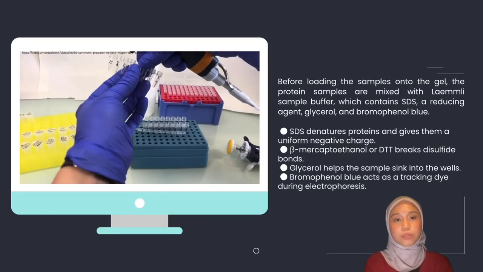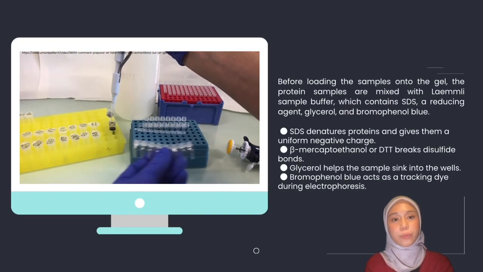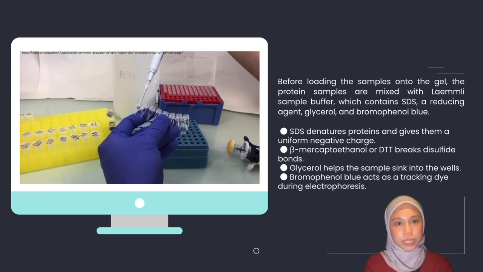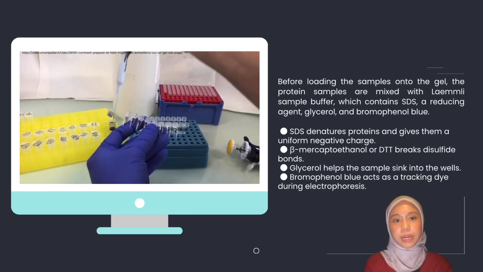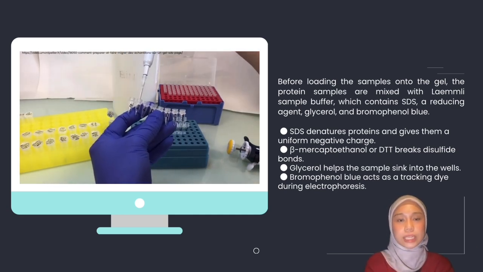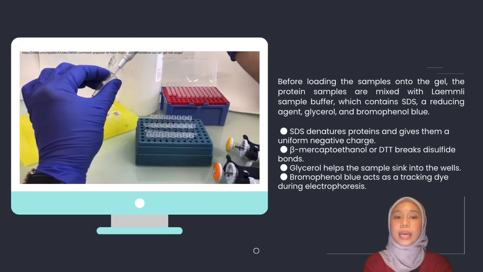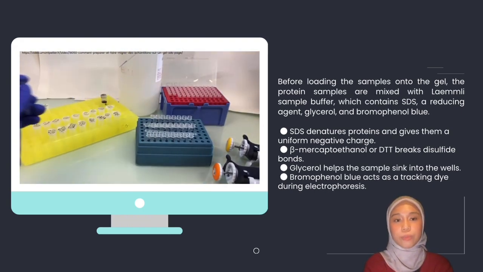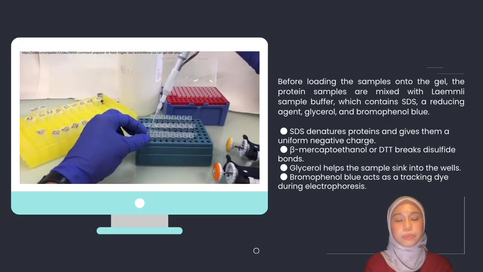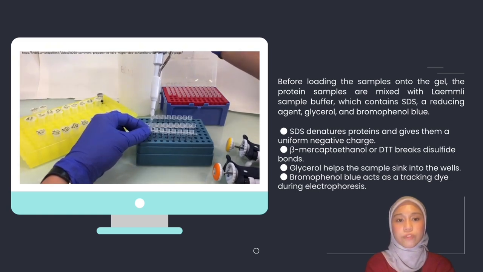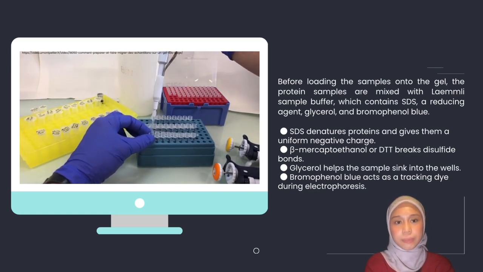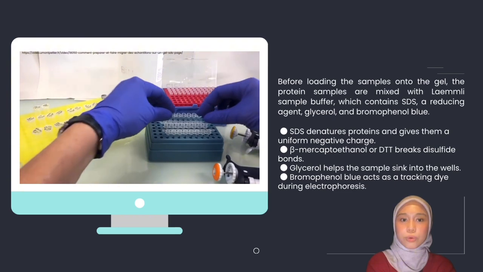Before loading the samples into the gel, the protein samples are prepared by mixing them with Laemmli sample buffer. This buffer contains SDS, a reducing agent such as beta-mercaptoethanol or DTT, glycerol, and bromophenol blue. SDS denatures the proteins and gives them a uniform negative charge, while the reducing agent breaks the disulfide bonds to fully unfold the proteins. Glycerol helps the sample sink into the wells, and bromophenol blue acts as a tracking dye